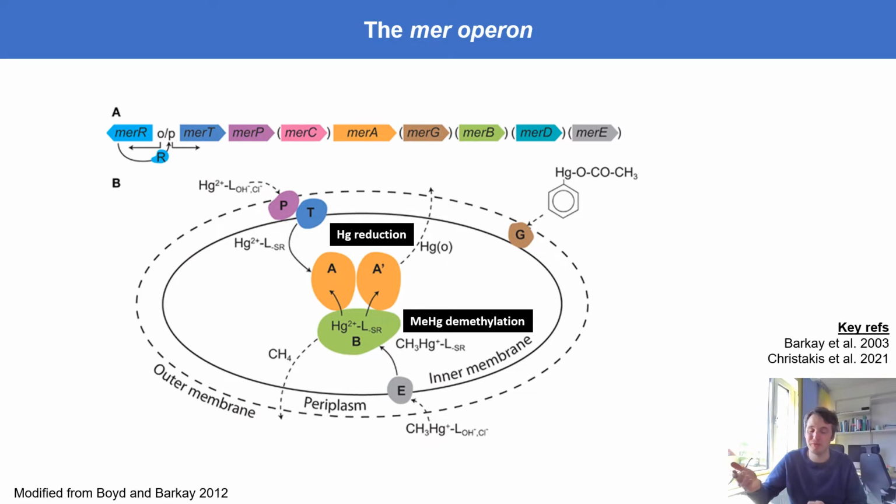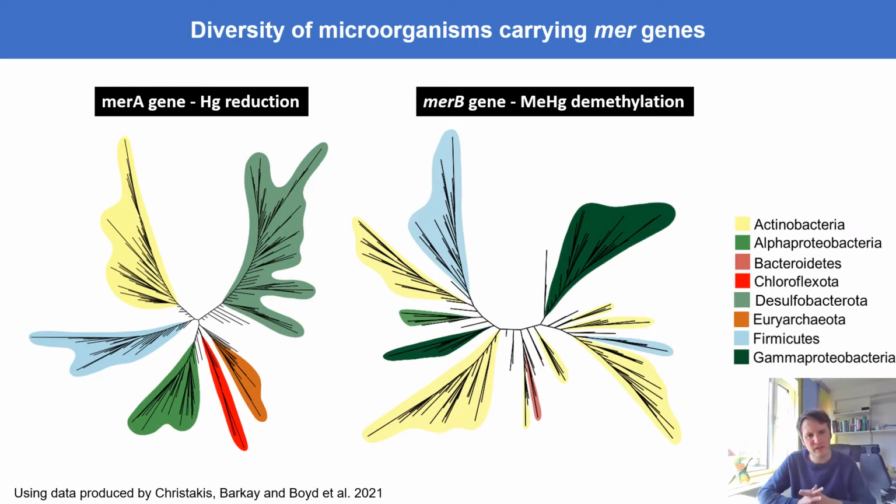As opposed to methylation, which is a process that we don't really understand why microbes do, because it makes the product even more toxic than before. So here you can see that there are different genes involved in the regulation of this operon and also in transferring compounds. I will focus mostly on merA and merB genes, which are the main genes involved in both processes. And using the very good dataset produced by Christos Christakis, Tamar Barkay, and Eric Boyd in 2021, we